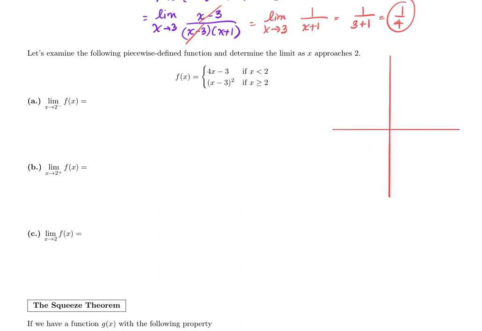So the question is, what happens at 2? When x is 2, I get 4 times 2 is 8, 8 minus 3 is 5. So it's up at 1, 2, 3, 4, 5. It is not equal here, so we will have an open circle. And then we're going to have a line leaving